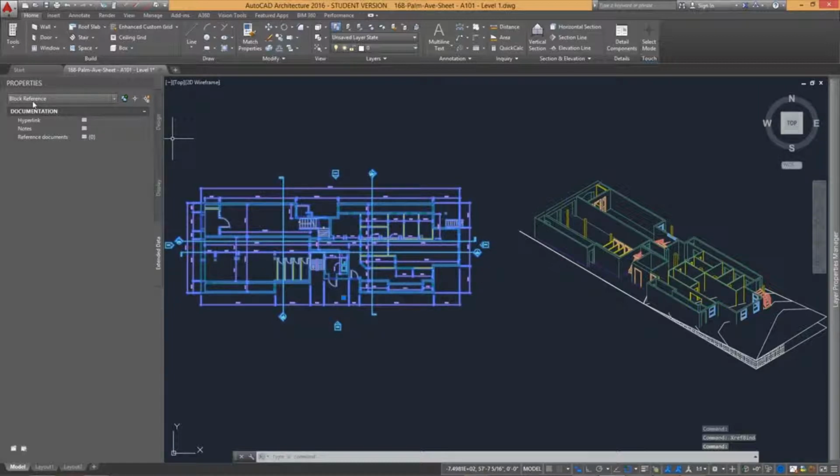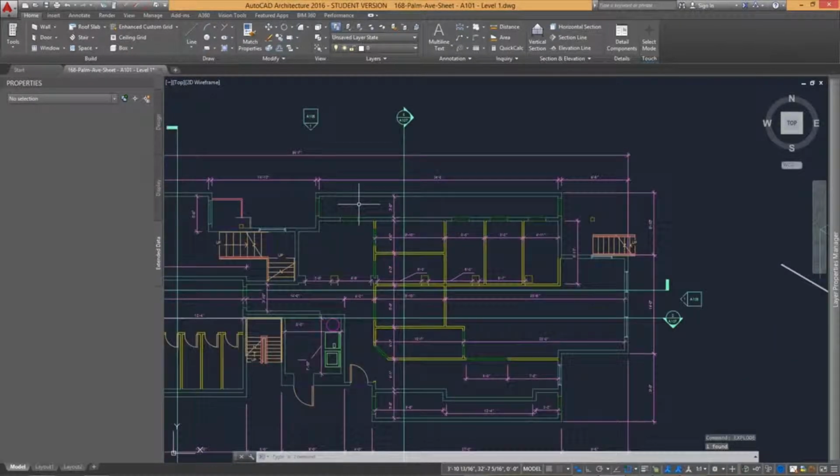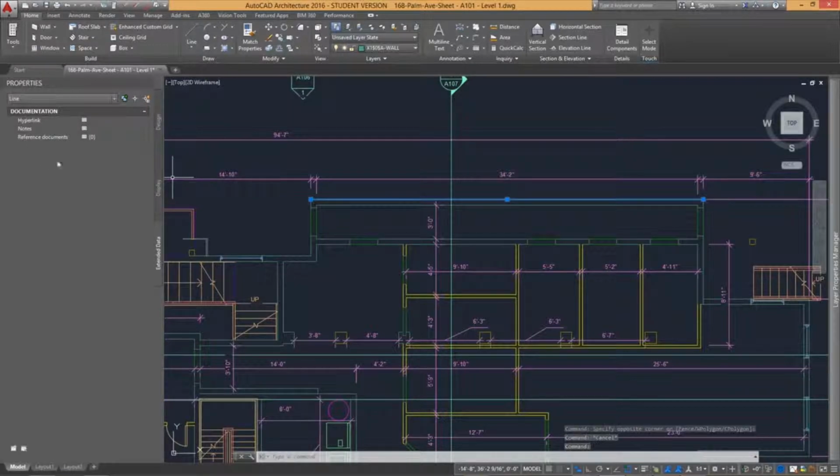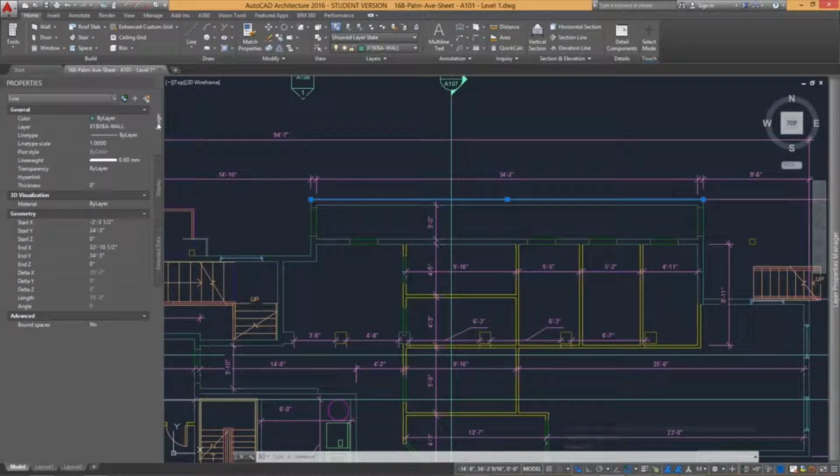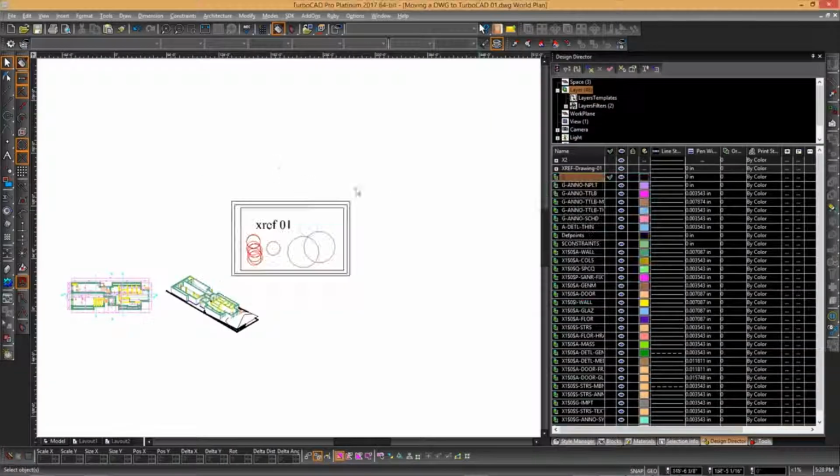Once the X-ref has been turned into a block reference, we can then explode it to turn it into its individual entities, which in this case are just lines. We can now select individual lines and view the properties by clicking on the Design tab within the Properties palette. This functionality is extremely similar to that of TurboCAD. Switching back to TurboCAD, which contains the same drawing already in exploded form,